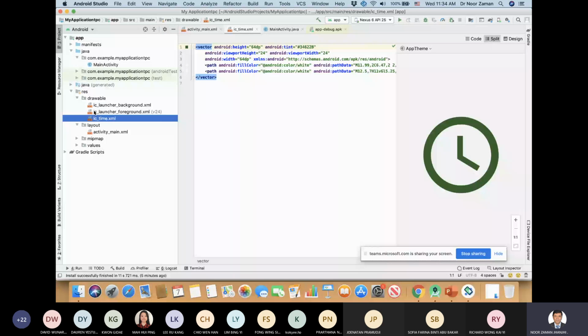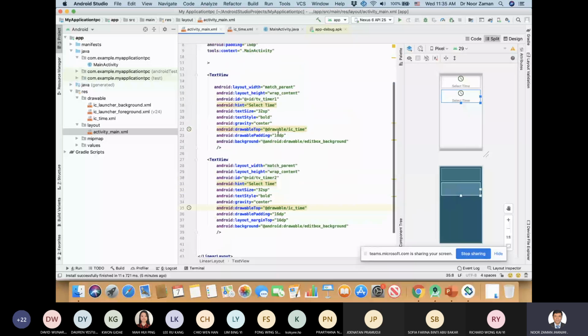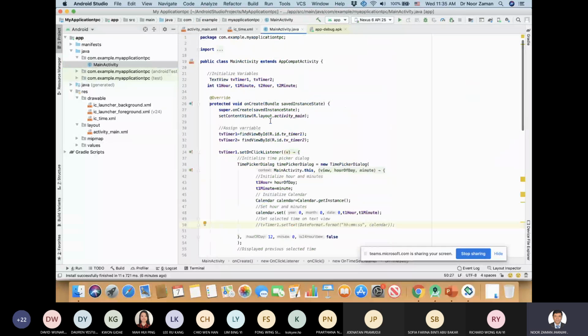And once it becomes a part of your drawable, then you are able to call this one. This is the hint if you want to add it in your applications in the future. That's something new, so that's why I'm explaining this new thing to you. The rest of the things you can see are the same: bold, font, everything, text view, and everything is the same. Now we're going towards the activity. In the activity, the things are the same,